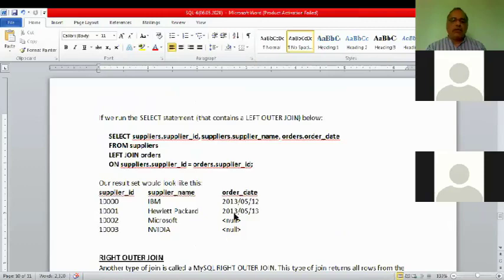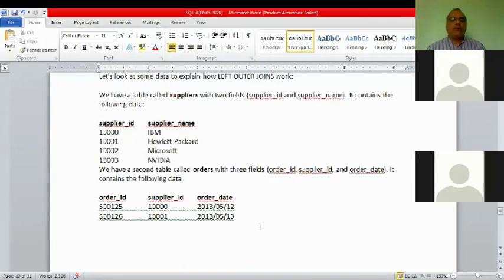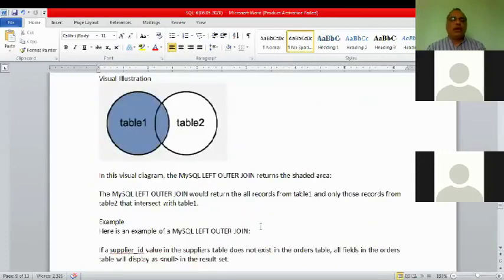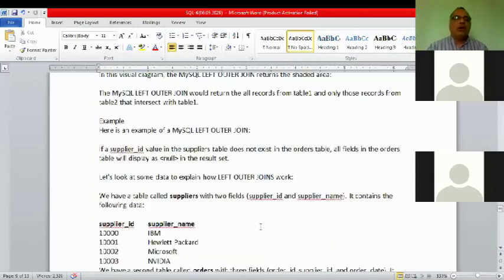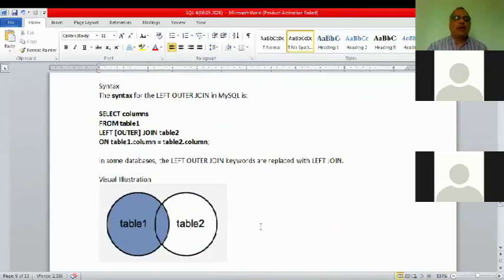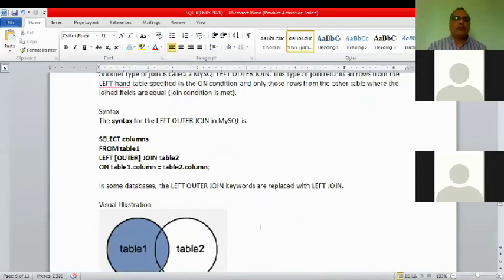In this field there are no values in date field, so null will come. This is the output of left join. It's called left join or left outer join.